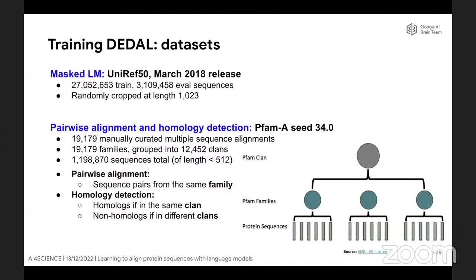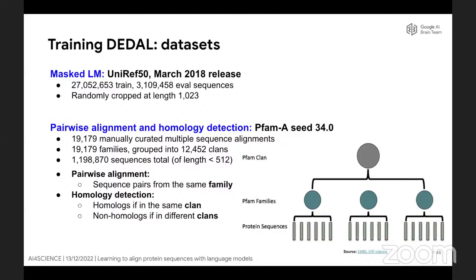And we can use this data to perform inputs both for the pairwise sequence alignment task by taking pairs of sequences in the same family, and also for the homology detection task by taking pairs of sequences in a super unit, which is called a clan,